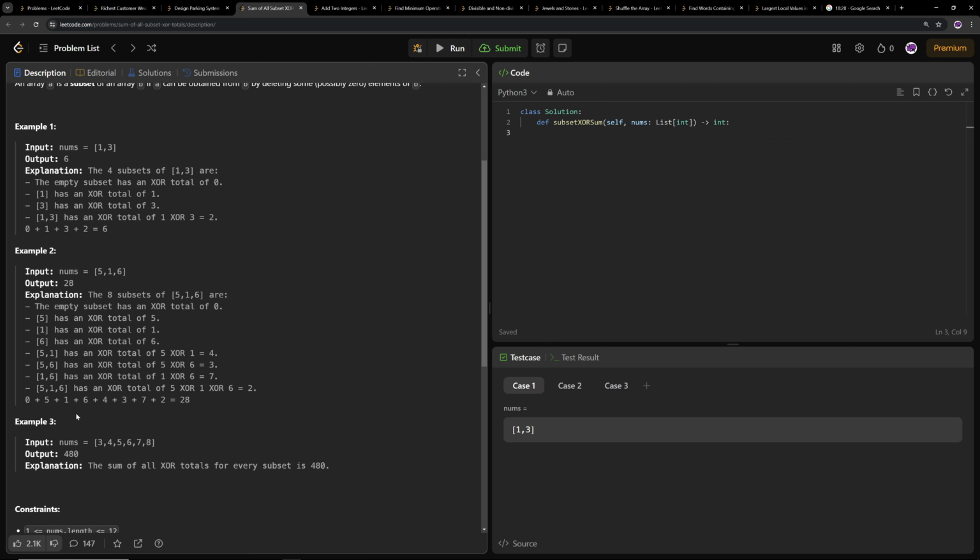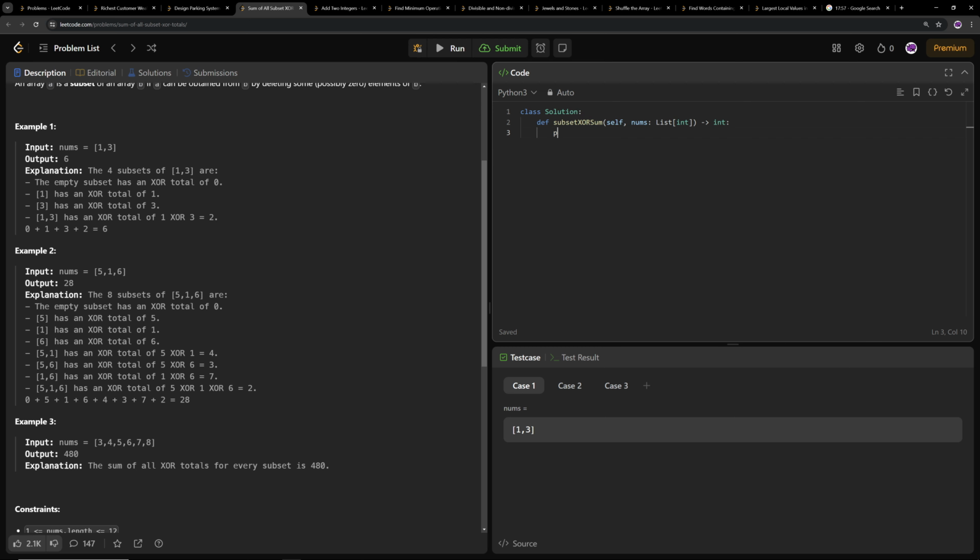I can definitely solve this problem, but I don't think I will be doing it as the optimal solution though. Because, okay, let me see, XOR. So if you XOR a number into itself,